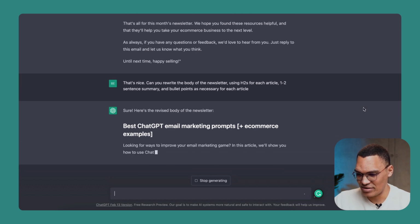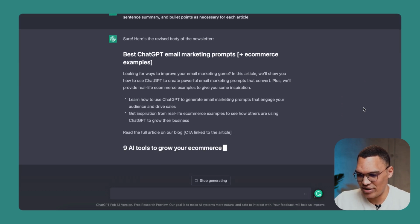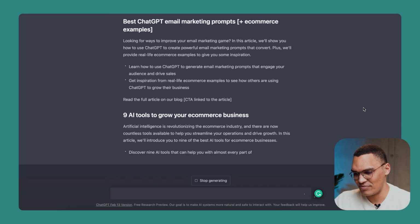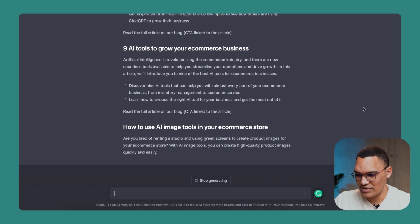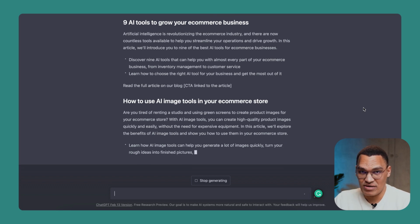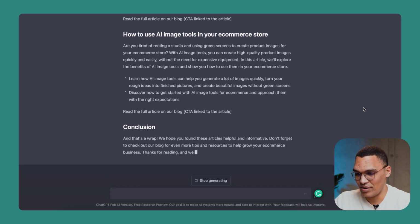As you can see, the H2 is there. It's still very wordy, but it's much better. Now it's about half the amount of text. Actually, it's not so bad. In the newsletter, it'll look okay. So we now have about 85% of the newsletter. What we want is a completely 100% AI written newsletter that we're going to send out to our audience. So this one is fine,